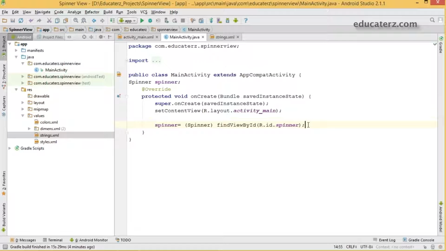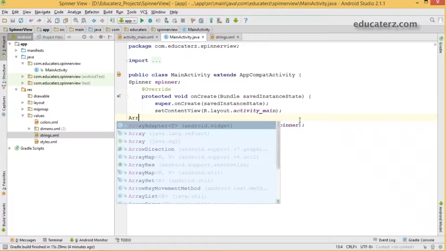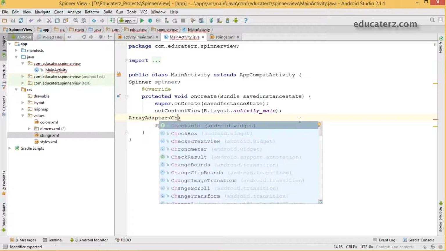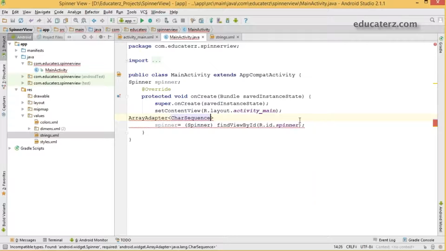Open your activity file and create an adapter here, an ArrayAdapter of CharSequence.